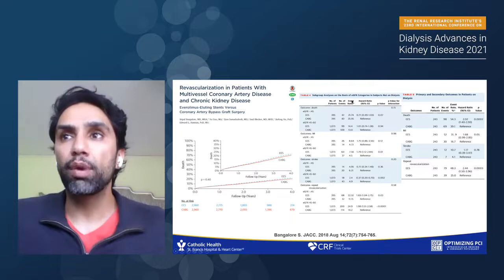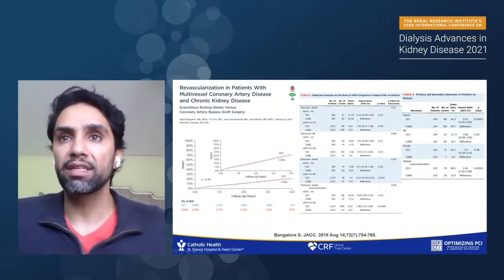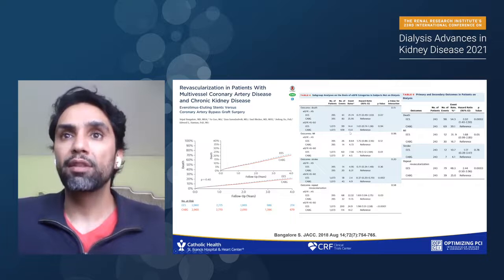But when we start to break this down in the CKD patient population, what we start to see is that in patients who have a low eGFR, less than 45, there's actually a protective effect of stenting, because CABG is more likely to cause you to go onto dialysis and create renal injury. But in those patients who have an eGFR of 45 to 60,